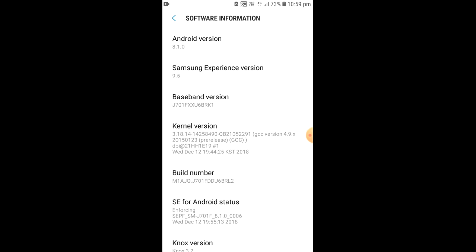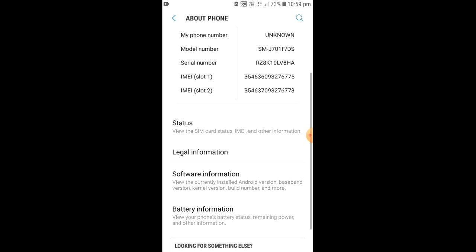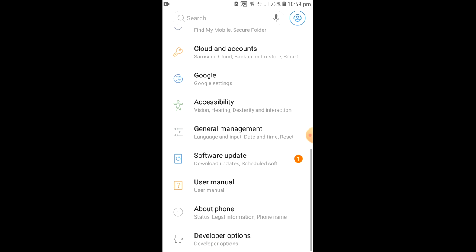Once you find the build number, tap on it multiple times, and you will see step 1, step 2, step 3, and it will ask you for your pattern. Here I give the pattern, and it shows that developer mode has been enabled. Once developer mode is enabled, go and check in your phone.